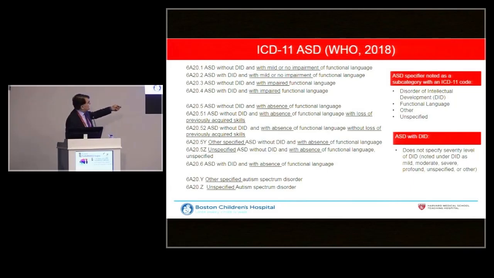And what it doesn't do, which we need to do, is that in the intellectual developmental disorder, it doesn't tell us what is mild, moderate, and severe. But that's actually separate: if you have an intellectual disability, you need to decide whether it's unspecified, mild, moderate, severe, or profound. So these are the 2 recent definitions of ASD for research purposes.